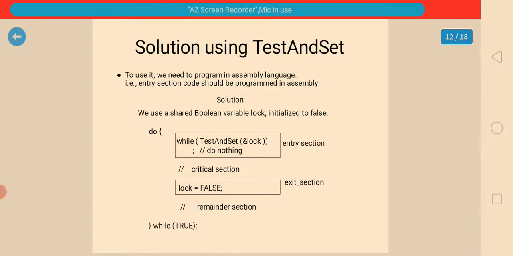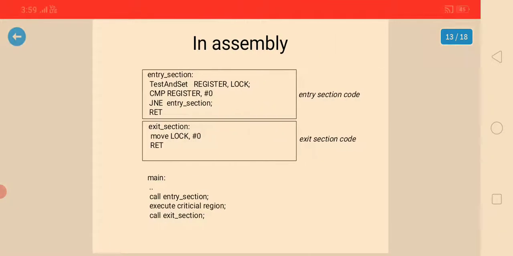We use a shared boolean variable lock initialized to false. In the assembly entry section: test and set on the register, lock, CMP register with 0, JNE entry section, RET. So this is the entry section code. The exit section moves 0 to lock and RET. This is the exit section.